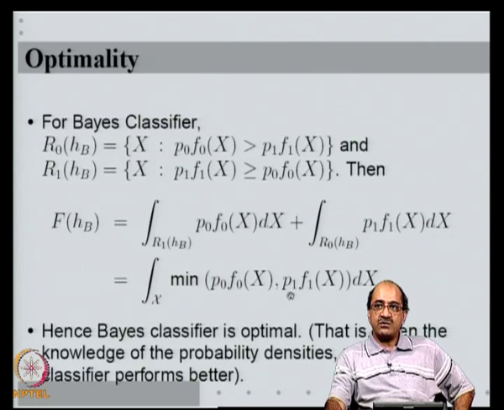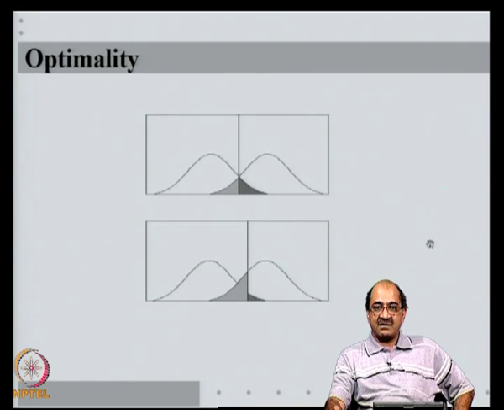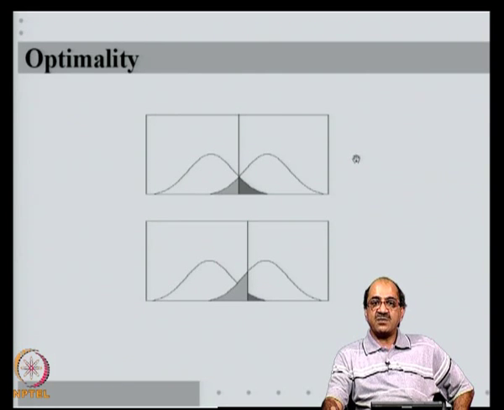The classifier is very intuitive. If we put it in the class which has the highest posterior probability, that automatically minimizes the probability of error. So, one way of looking at this is, suppose the left curve is p0 f0 and the right curve is p1 f1. At any given x, this is a one dimensional feature space, where the x axis is the feature space. Given any x, that is the value of p0 f0 there and that is the value of p1 f1, whichever is higher, I put it in that class. So, that line denotes the optimal Bayes threshold. To the left of this line, they are put in this class, and right of that line they are put in that class, and the shaded regions are the error.